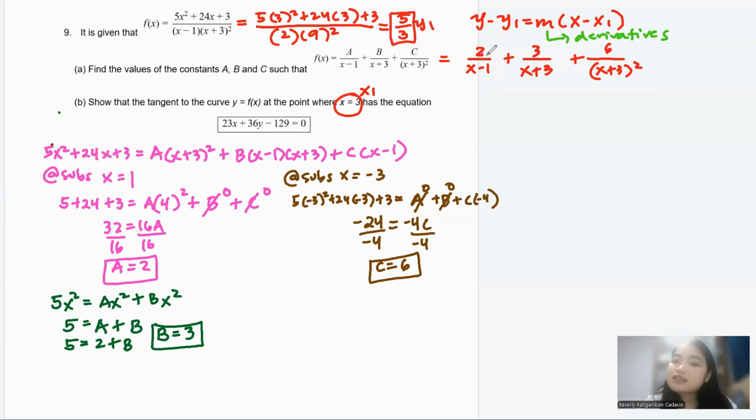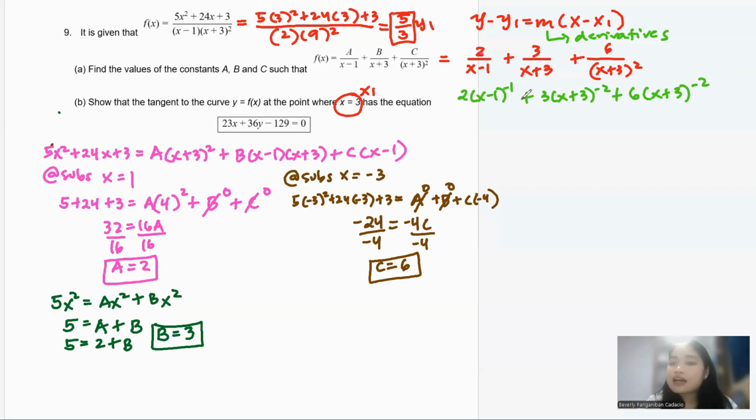Okay, let's differentiate. For you to differentiate this, it's better if you put the x minus 1 on the top. I mean, you know there's an exponent here, right? But if you want to put it up, then it will become negative 1. The same thing happens on the other side, x plus 3 to the negative 2. The other one, the same thing, 6 times (x plus 3), but negative 2 on the top. This is only another form. You're still not done differentiating.